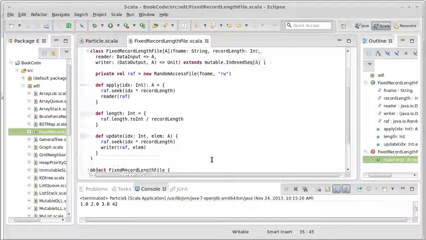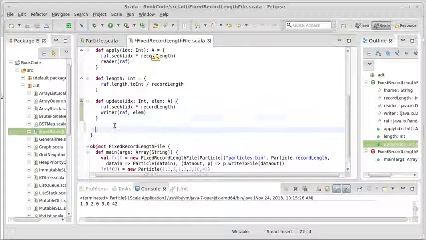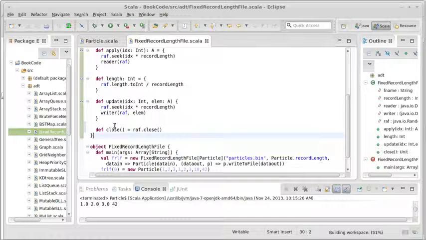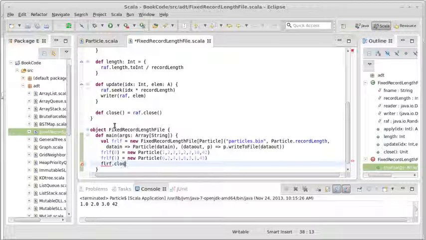One thing that's not happening that I would actually like to do is explicitly put in a close method, so that when we are done with this, we have the ability to close it off. This reads things in. We could also